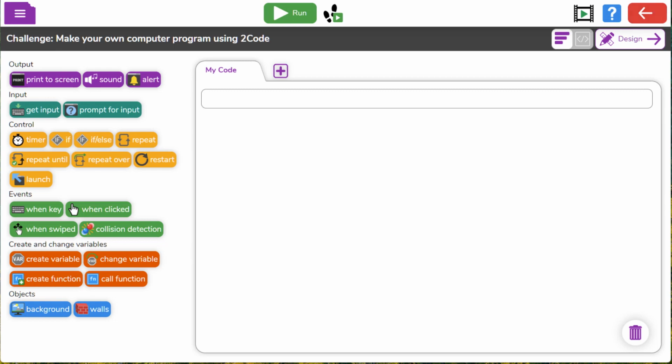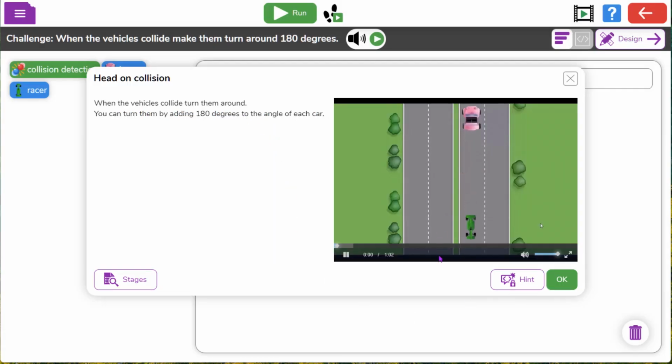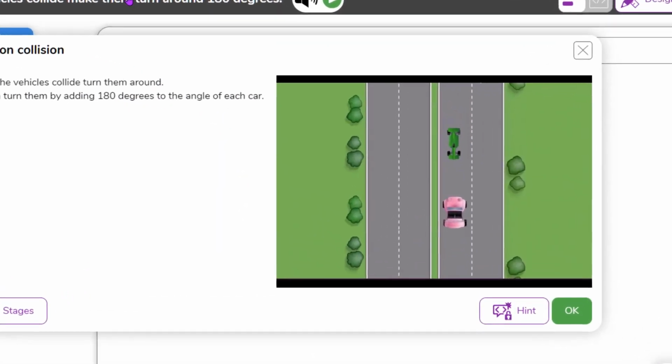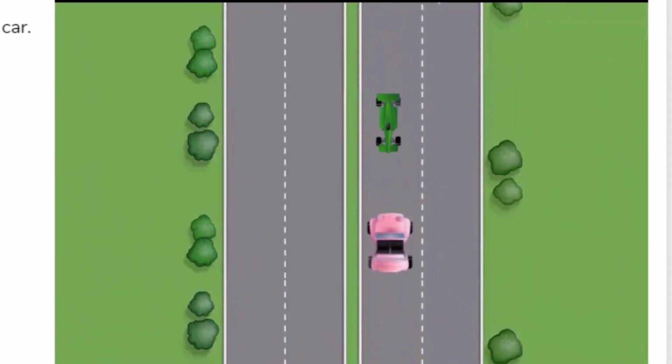Guided activities. These can be really helpful in skill building and developing the knowledge of coding. And to get that bounce, all we're doing is we're adding 180 degrees to the angle of each vehicle to turn it around. So we've got a collision detection, and on the collision, in the collision block, we add 180 degrees to the angle of the racer and the buggy. So see if you can program it and see if you can get it to do this. But whatever you do, don't get your mummy and daddy to try this with an actual car, because it would